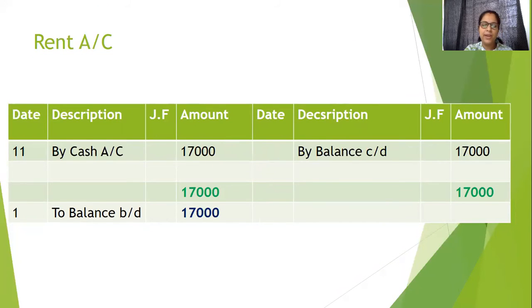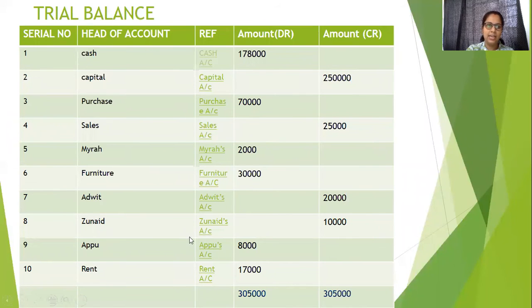So now once we prepare all these accounts, whether we have done it correctly or not, accountancy also helps in cross verifying it. How can we verify it? We know that for all debit there will be equal credit. So when we prepare trial balance, what is trial balance? After ledger accounts, it is the next step. You need to prepare a trial balance. It will show all the heads of account and what is the balance of that account, whether it is a debit balance or credit balance, and what is the amount of the balance.